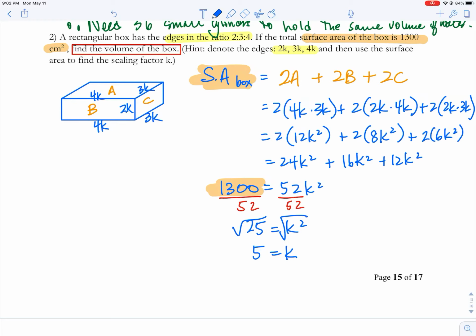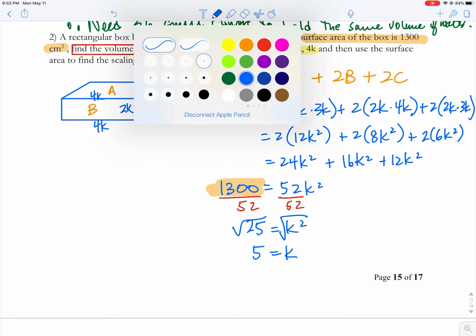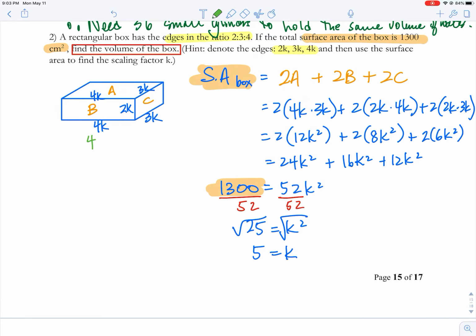So that means for the box, instead of k, if k equals 5, 4 times 5 is going to be 20 centimeters. Oh yeah, because this was all in centimeters. And that's going to be 3 times 5, which is 15 centimeters. And then the height is going to be 2 times 5, which is 10 centimeters. So we can finish off